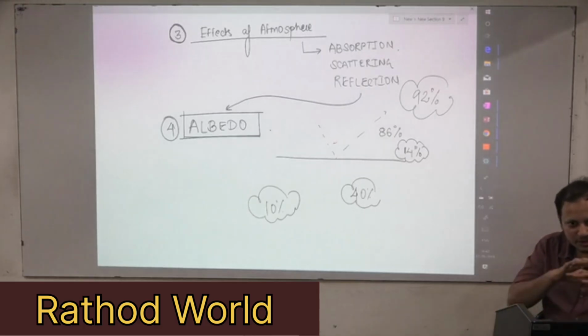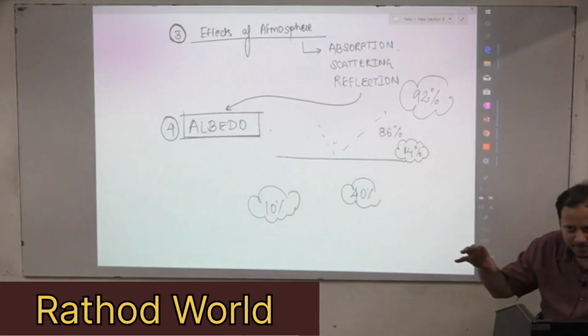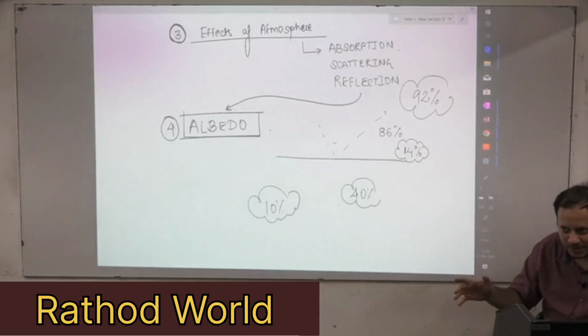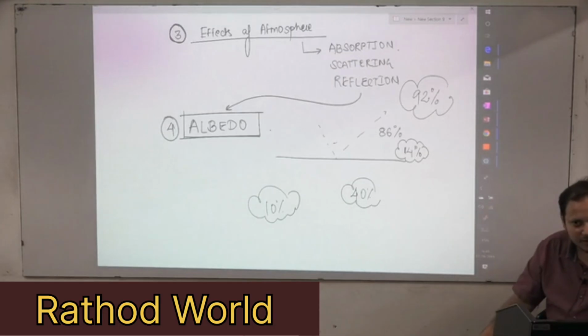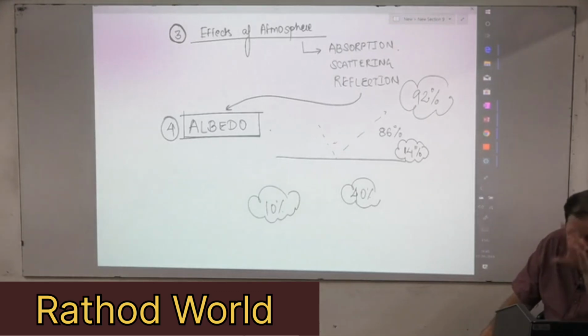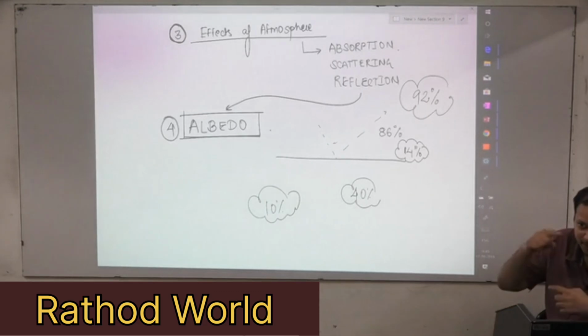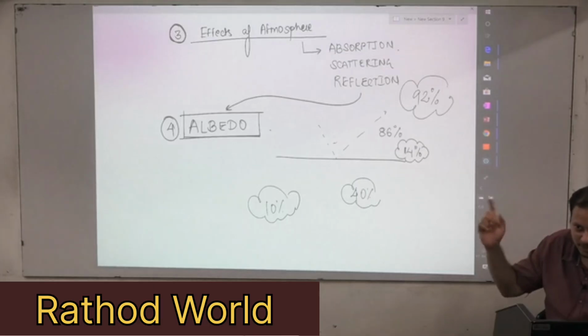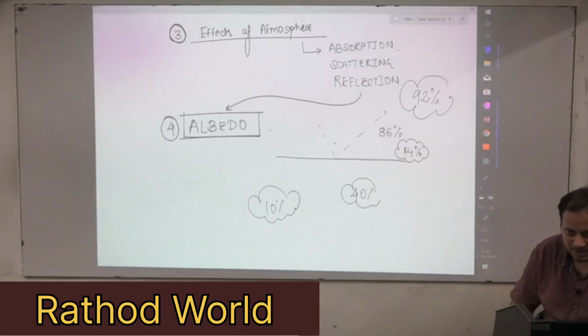When the ice caps and glaciers melt, they expose the water below it. As they expose the water, water will now trap more heat, and thus there will be an increase in the global warming. जिसको कल के notes में था, positive feedback loop. Understanding? It was mentioned in yesterday's notes. So